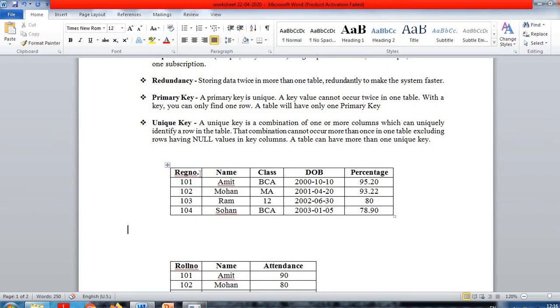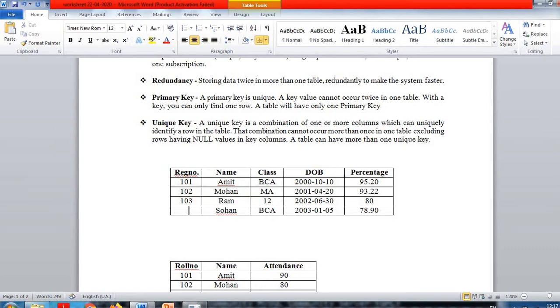Date of birth and percentage may also be the same. In this table we can create registration number as a primary key. I think it is clear. If I am using email address or mobile number, those fields may also be assigned as a primary key. When you assign a primary key field in a table, it should be unique and cannot be null.